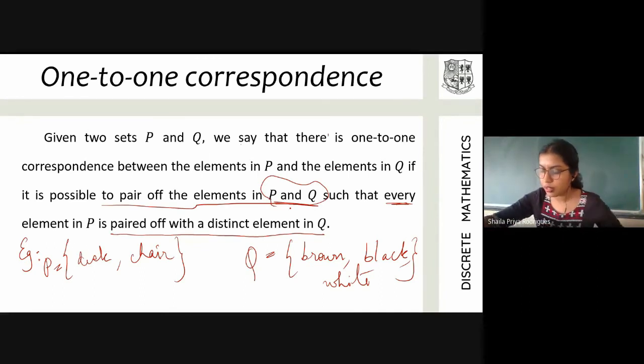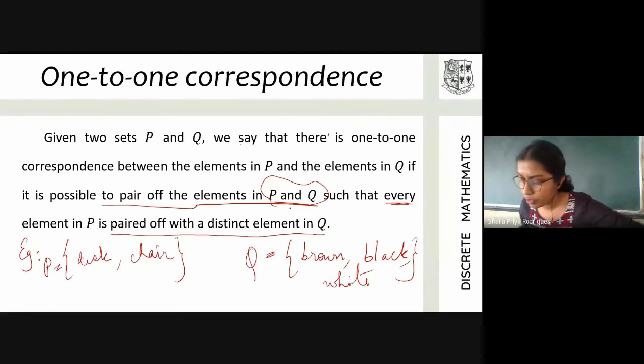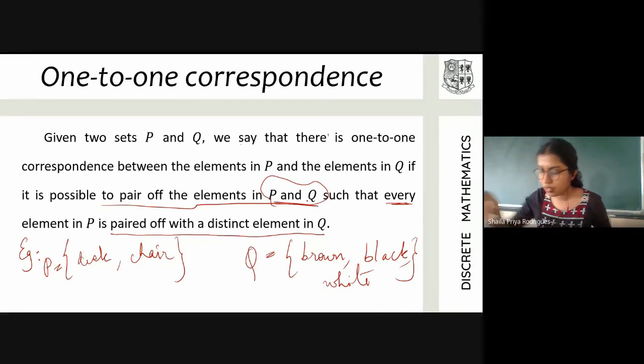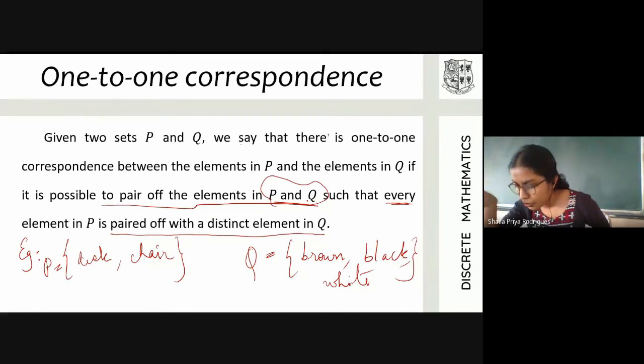No, this is not the definition of a 1-1 function. This is one-to-one correspondence between the elements of two sets. You can explain this definition even without the help of the concept of a function. See, there is no mention of the word function or a mapping in this definition. It's just elements and the word pair.